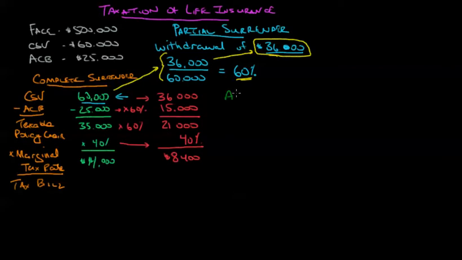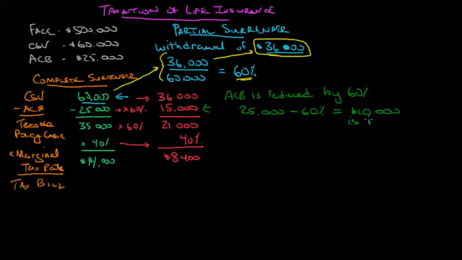And then the next part of this would be, what are you left with afterwards? Well, your ACB is also going to reduce by 60%. Or in a sense, I used 60% of the ACB here, so I had a $25,000 ACB. I knocked that down by 60%. $10,000 is the new ACB. So any future policy transaction that would be taxable, we're going to deal with a $10,000 ACB for that